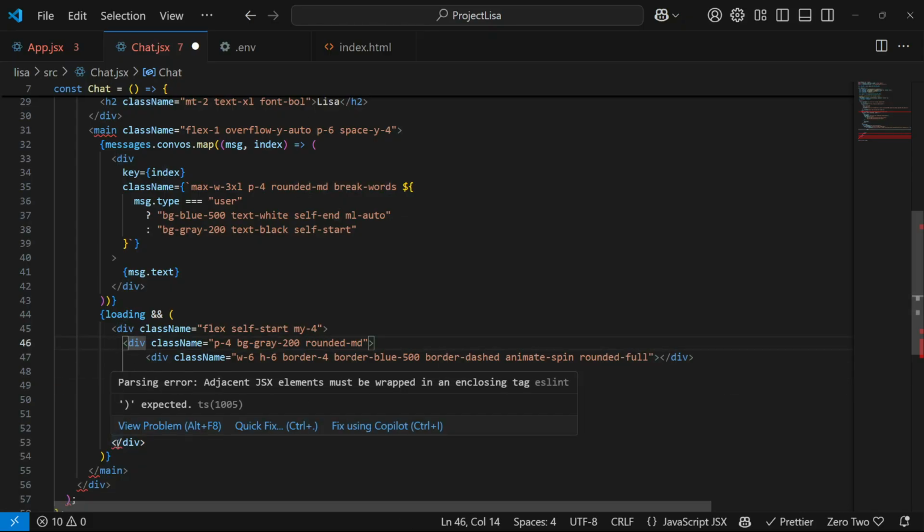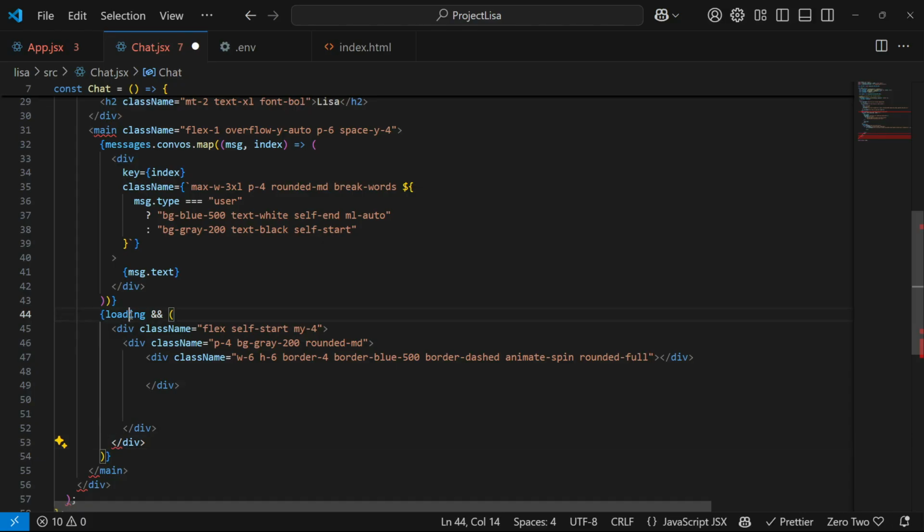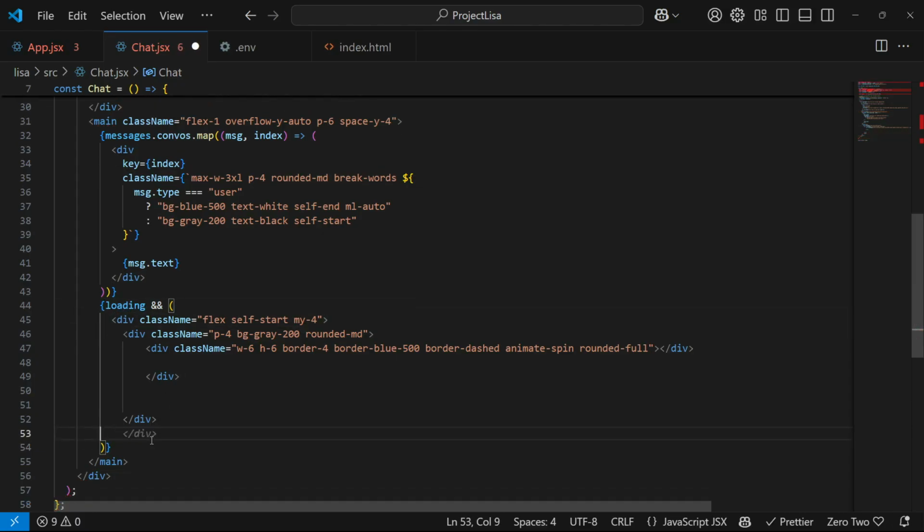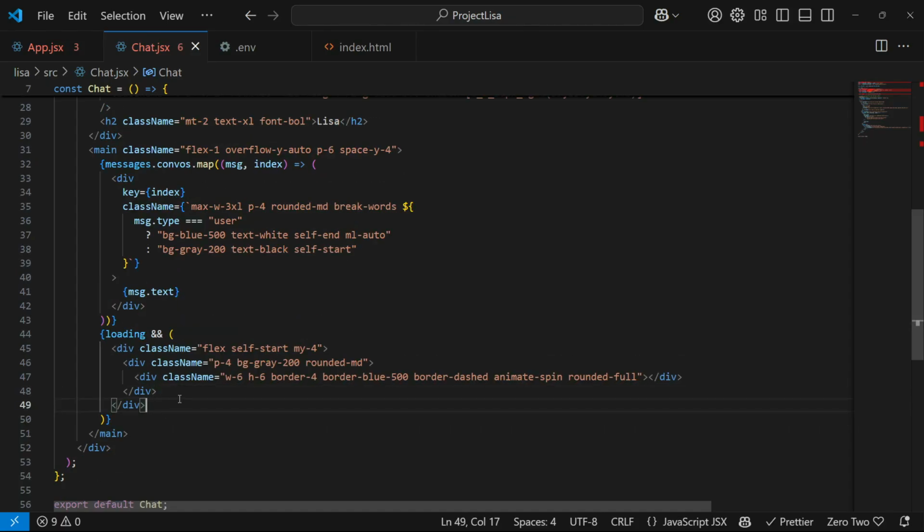What is wrong here? Adjacent JSX must be wrapped in an enclosing tag. So I think this is an extra div. Yes, it was an extra div. So save this, and